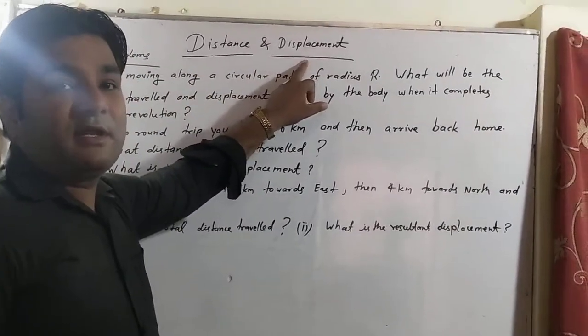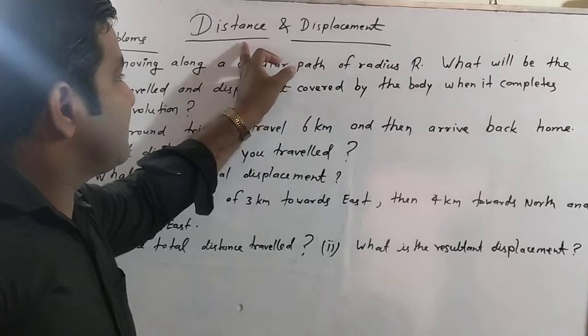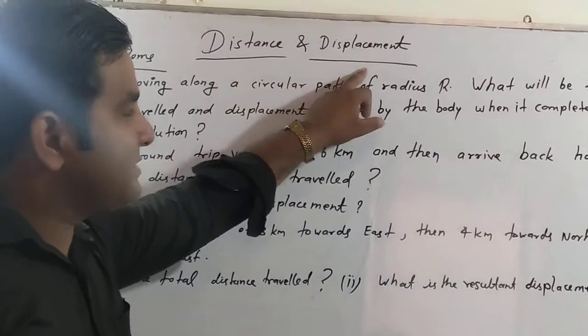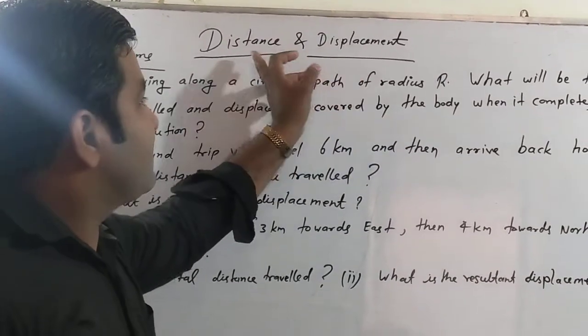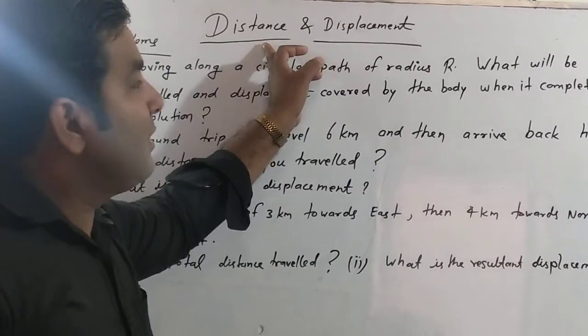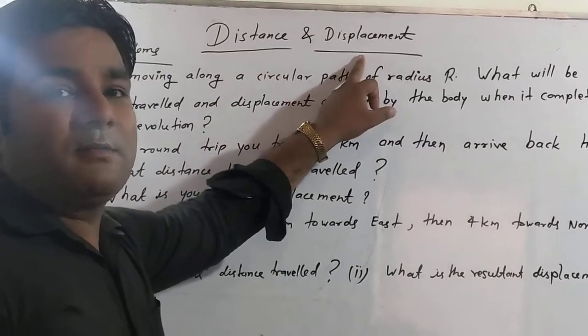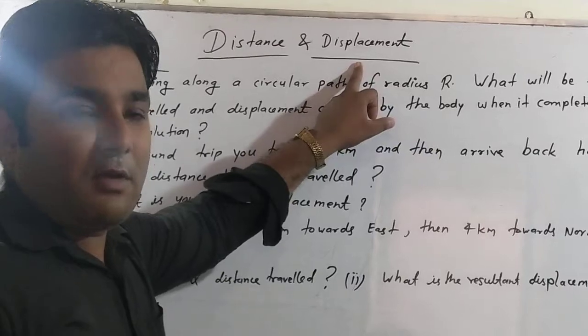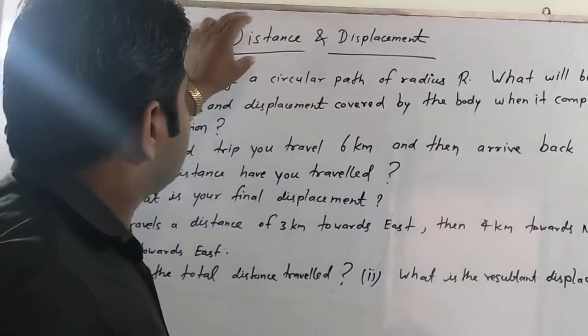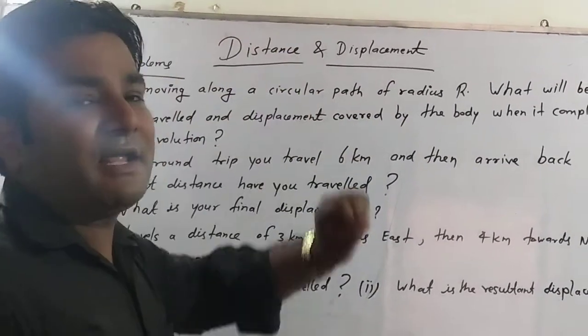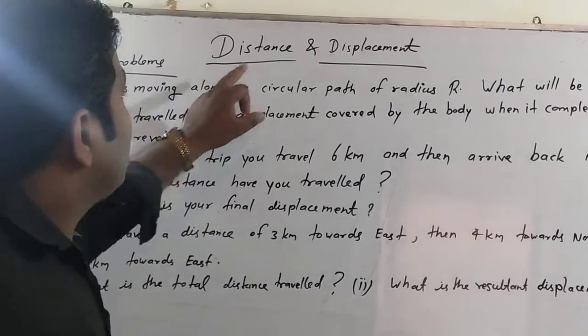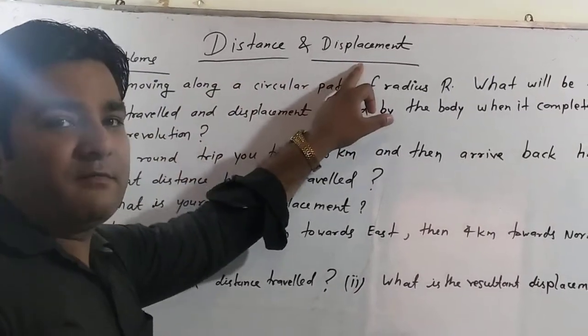and displacement, as we discussed earlier: the distance means what? Scalar quantity, and displacement means vector quantity. And distance value never becomes zero, always positive. Displacement what? Positive, negative and zero. But when we solve numericals based on distance and displacement, then always remember how the distance and displacement value depends